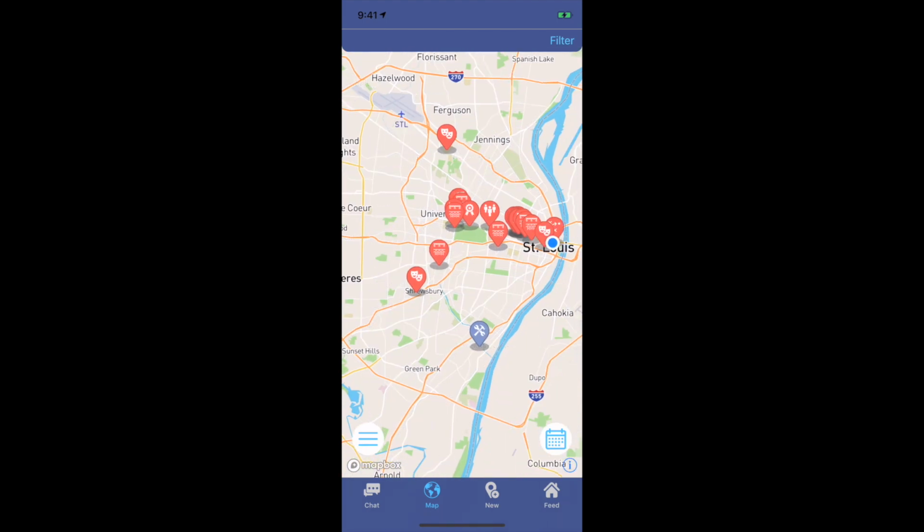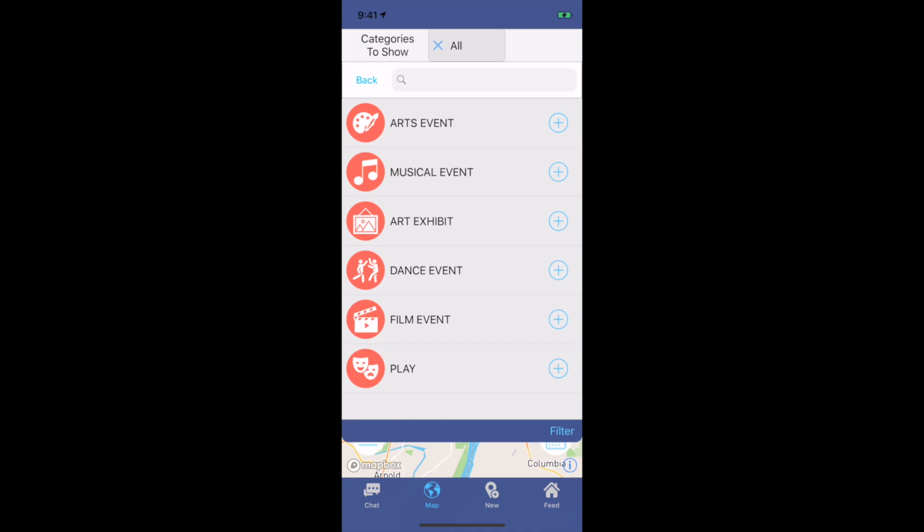So if I wanted to only see certain events that are going on around me at any given time, for example, plays, we have this filter option up top. And what this allows us to do is there's a number of different post categories that each post has associated with it. For example, this is the job tab. We have commerce and social, which is most of what you're seeing on the map.